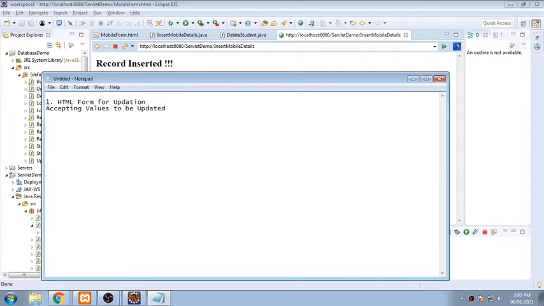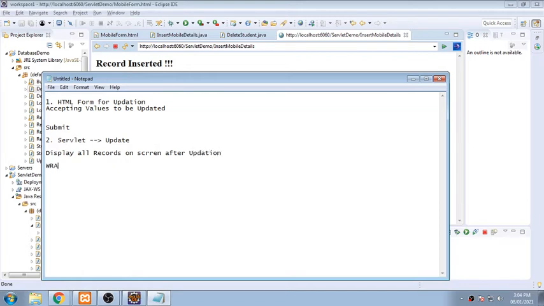After that, when I click on submit, it will call another file, that is your servlet, and that servlet will only be doing the update operation. The update will be done by the servlet and it will display all records on screen after updation. So this is the program which is expected.